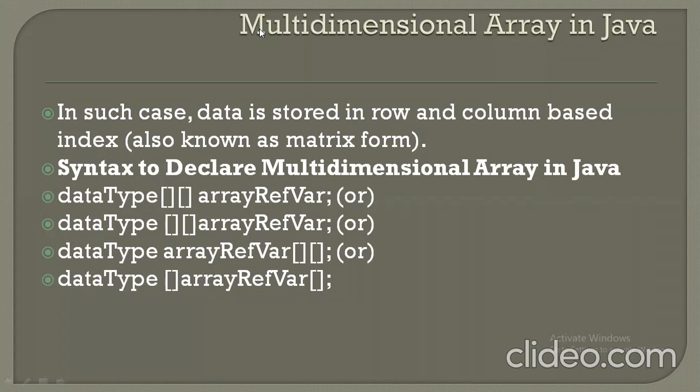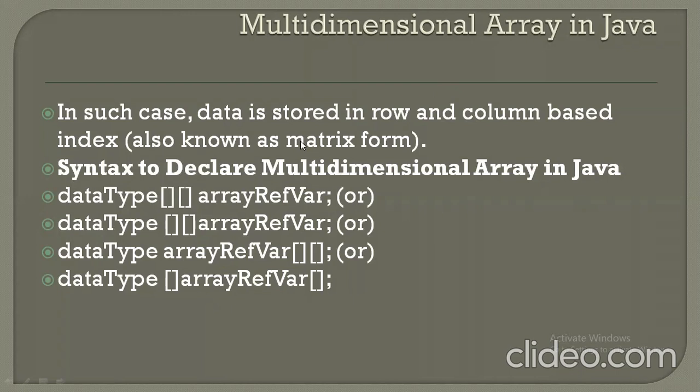Similarly, here also we can use the subscript after the data type, after the name of the array, before the name of the array, and one subscript before the name and one subscript after the name of the array. When we say multi-dimensional, there will be two subscripts here. These two subscripts will store the values, one representing the rows and one representing the columns, right?